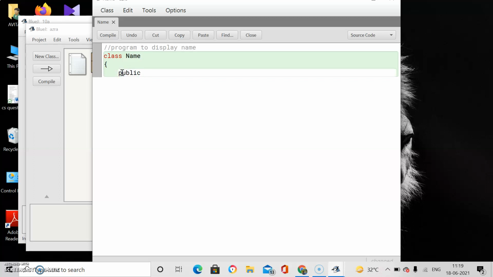So write down the function. Public, it's an access specifier. Static, it's a modifier. Void, it's the return type. For the name of the function, suppose I am taking display.